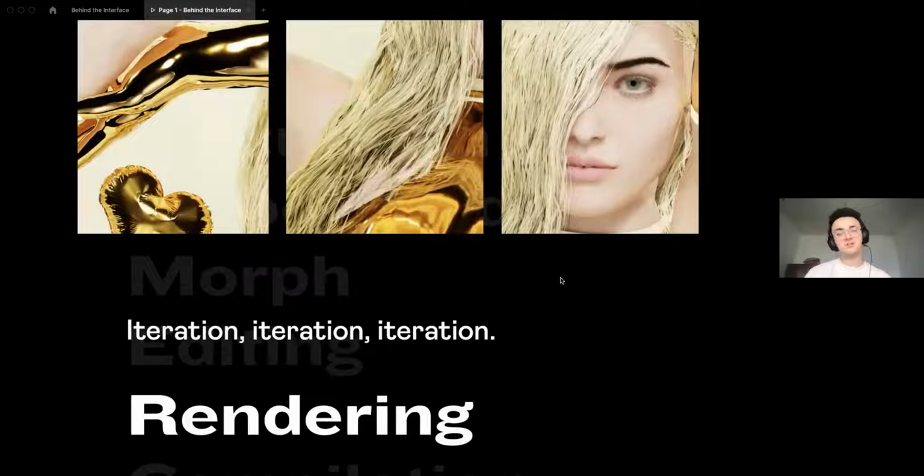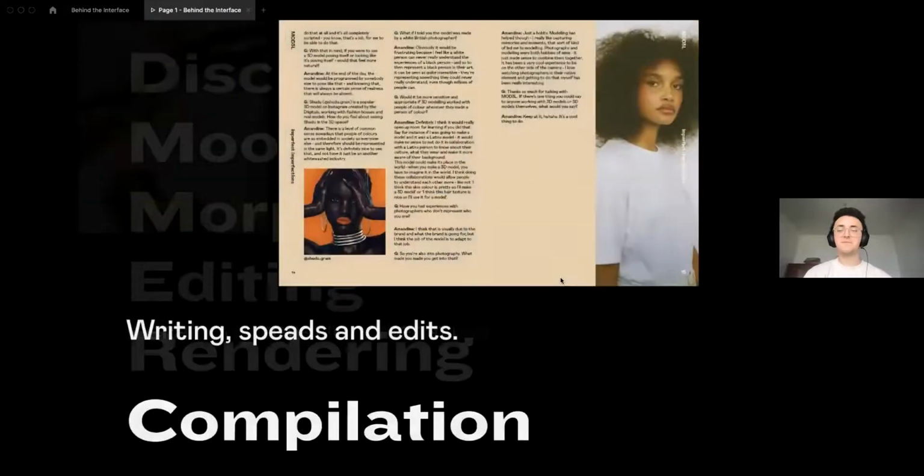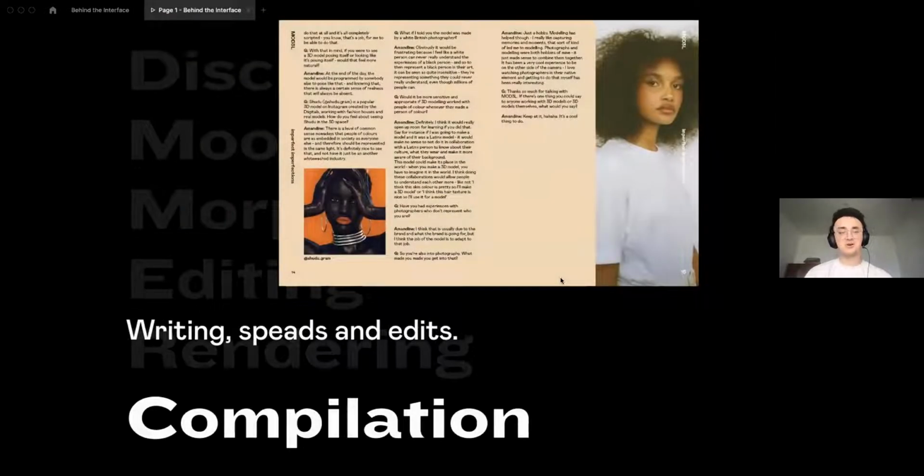So focusing on the details, making sure that the participant has exactly what they'd like, if they want to change any parts, as well as me making edits to make it look nice. And then compilation. So the way that I do interviews is usually I begin with the starting interview, talking about